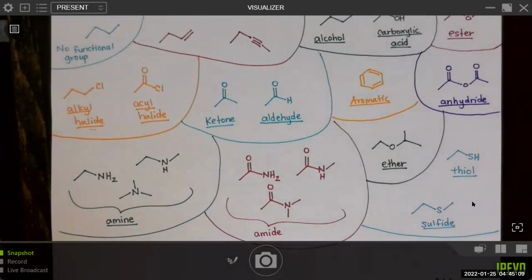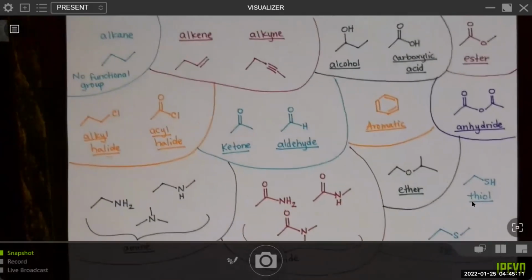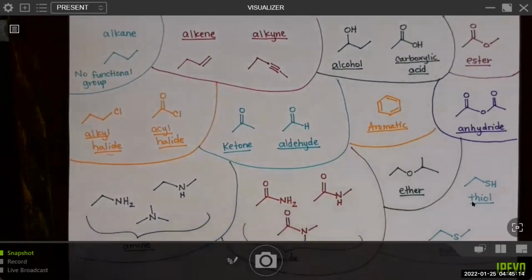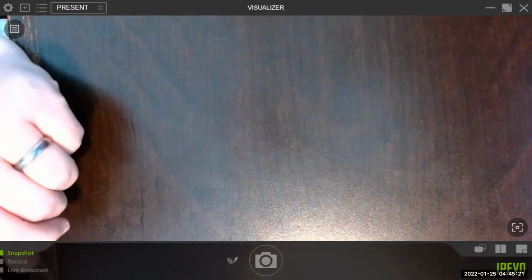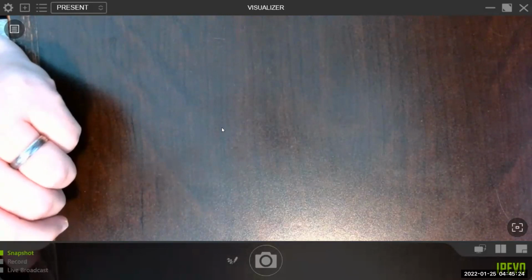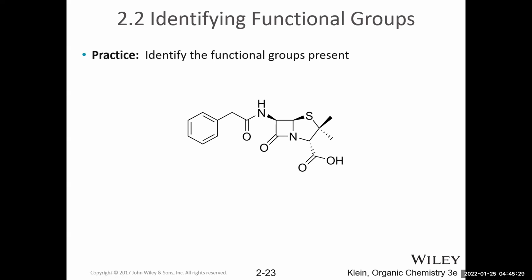All right, that should be it. And hopefully you can make some flashcards and then learn those as quickly as you can, because you'll need those for the rest of the year. Okay, so let's practice. Right? Once we think we might have learned all of our functional groups, now we really want to practice and see, can we identify the functional groups? Go ahead and pause it and do your best, and then come in and we'll go over it together.